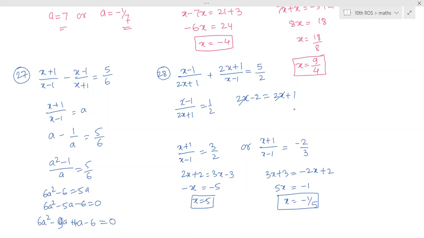Ma'am, second value of A. There are two values of A, no? 2 and 1 by 2. Yes, ma'am. So after substituting the second value of A, what will you get? You have equated the second value of A to the second fraction, right? Why have you equated? What is the value of A you have taken? x minus 1 by 2x, then why have you equated it to the second fraction? Oh, there are two values of A. Okay, ma'am. Got it, ma'am.